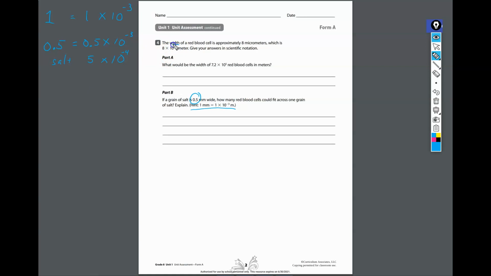We already know the length of one red blood cell up there at the beginning. We want to know how many times this red blood cell will go into this grain of salt. So we're going to divide. So how we divide scientific notation is you're going to divide the numbers out in front. So 5